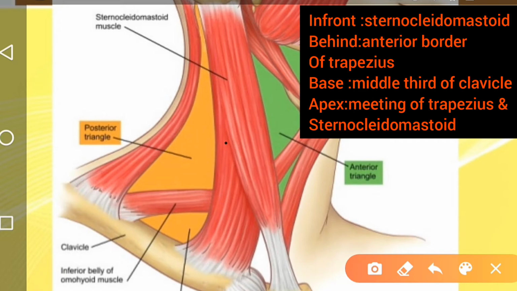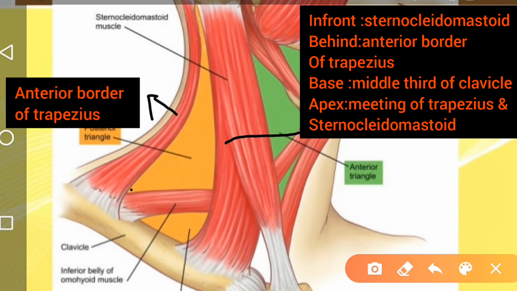So in front is the sternocleidomastoid, and behind is the anterior border of trapezius. So these are the anterior borders, while these are the posterior borders. Behind is the anterior border of trapezius, and the base is formed by the middle third of the clavicle. So here's the base, formed by the middle third of the clavicle, while the apex is formed